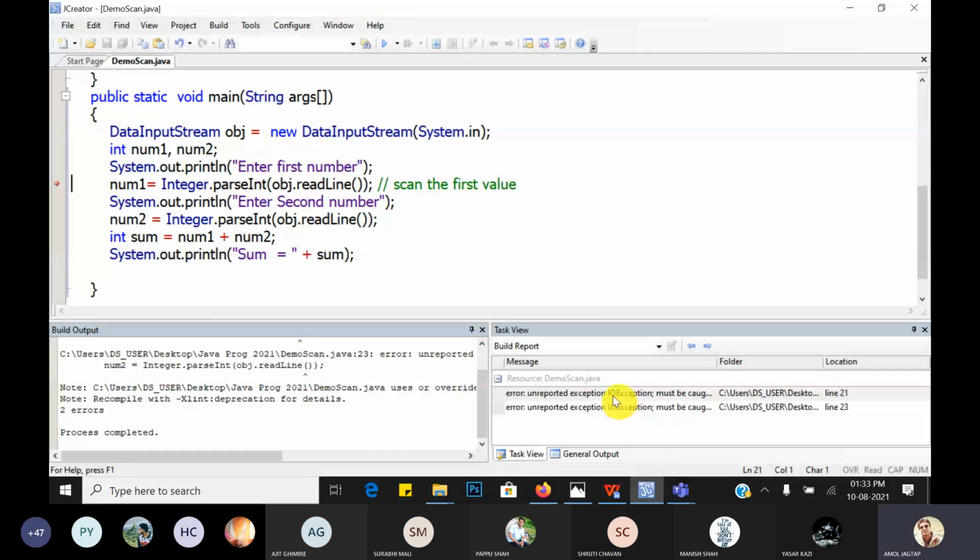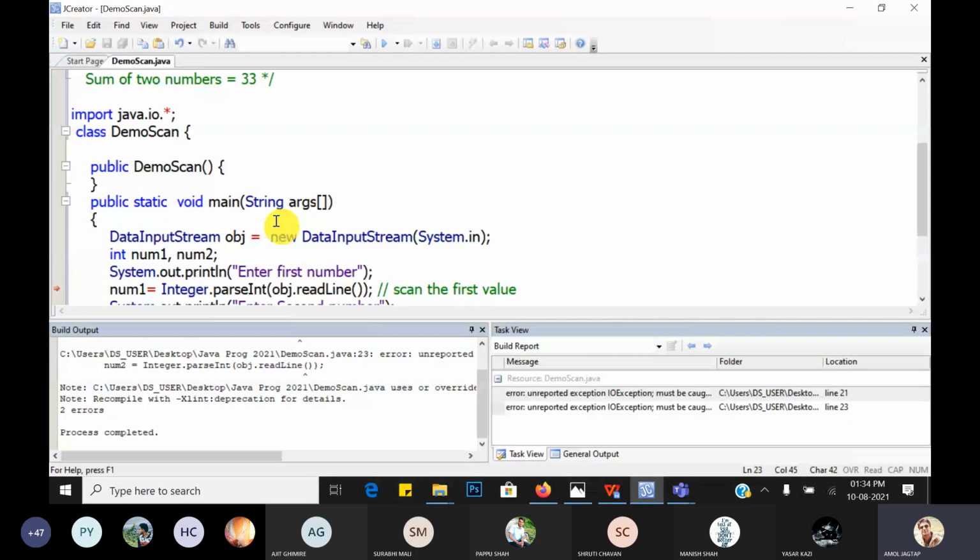IO exceptions are there, guys. Unreported exceptions, because these methods, parseInt and readLine, are present in the java.io package, so these methods throw exceptions.